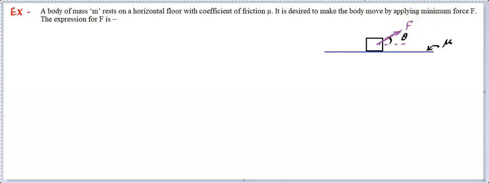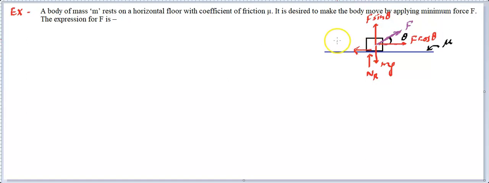So what we can do now is make the components of this force, or draw the free body diagram. So we are trying to draw the free body diagram. First let's make the components: perpendicular force and horizontal force. This will become F cos theta. I'm drawing the FBD in the same figure, and the vertical component is going to be F sin theta. Theta is the angle we have opted for, and there's going to be mg force acting downward, and the normal force working upward. This is on the block, and there's a tendency for sliding forward, so there is going to be friction.